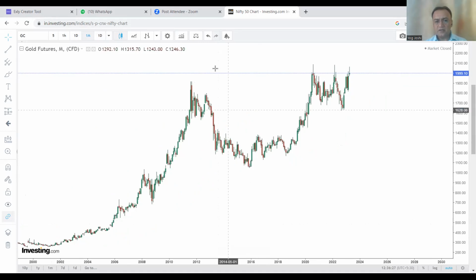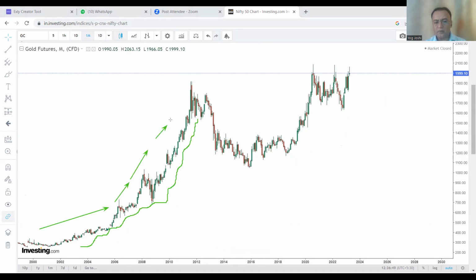So this part of the chart shows you the upward direction. Clear cut, this is the upward direction. So we can know this entire part is an uptrend, that gold was in upward momentum.